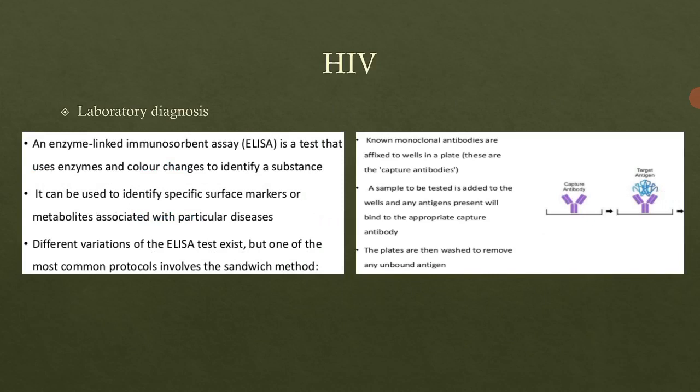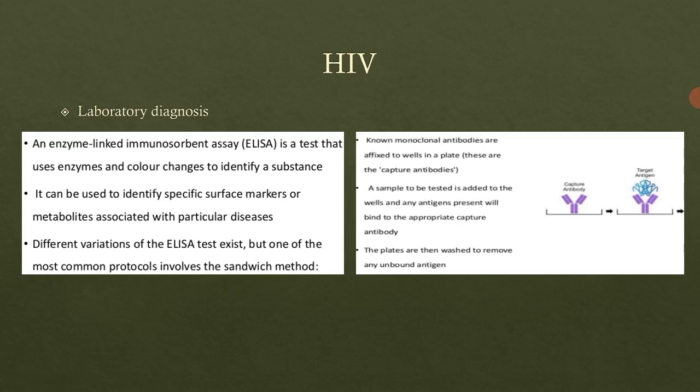Now we saw the symptoms. After screening of the symptoms, the person will be tested for the laboratory diagnosis, and with the laboratory diagnosis, whether the infection is present or not, that is, whether the virus is present in the person's body, can be determined. So the laboratory diagnosis of HIV can be done using the ELISA test, which is a very important and very efficient rapid detection method of diseases, right?